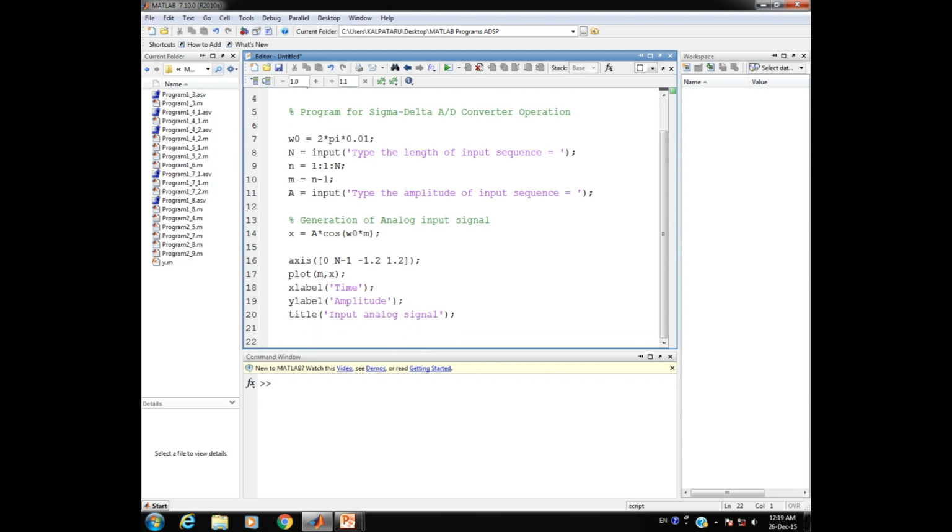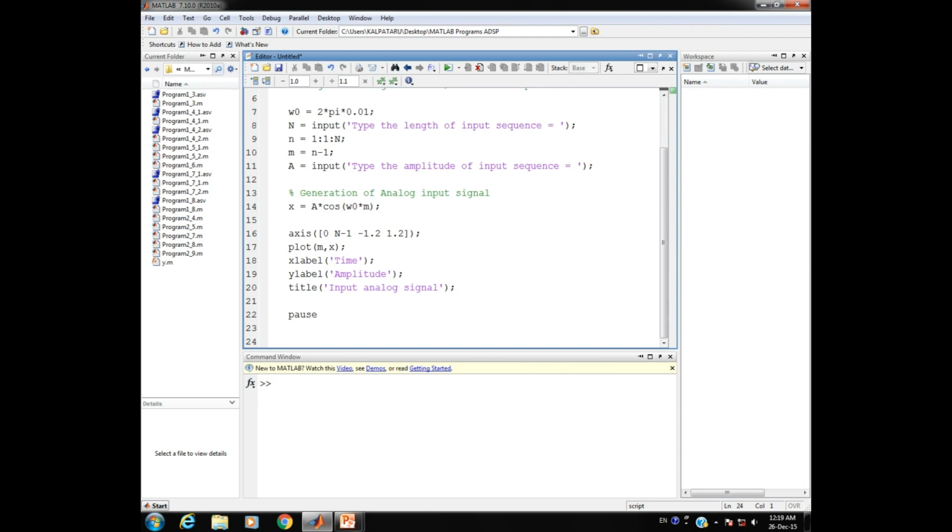Now after this particular display has been made there, we have to get this converted to the digital form as per the sigma delta A to D conversion operation here. That is why to get the changes done here I am making the use of pause as a keyword here. So after we hit any key on the keyboard, once this particular MATLAB window has been displayed, the further part will be displayed here.